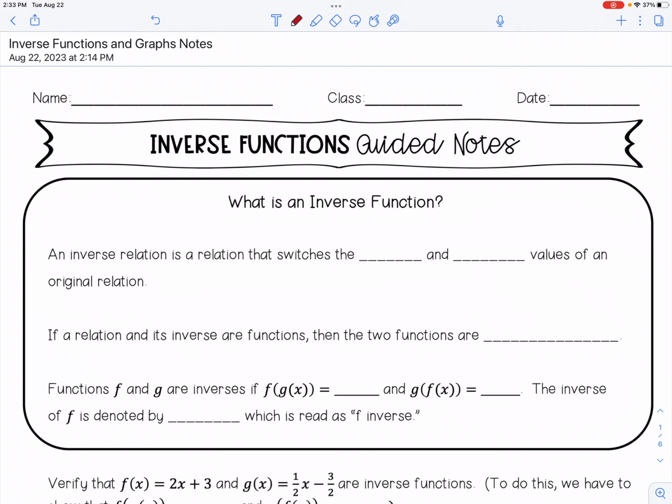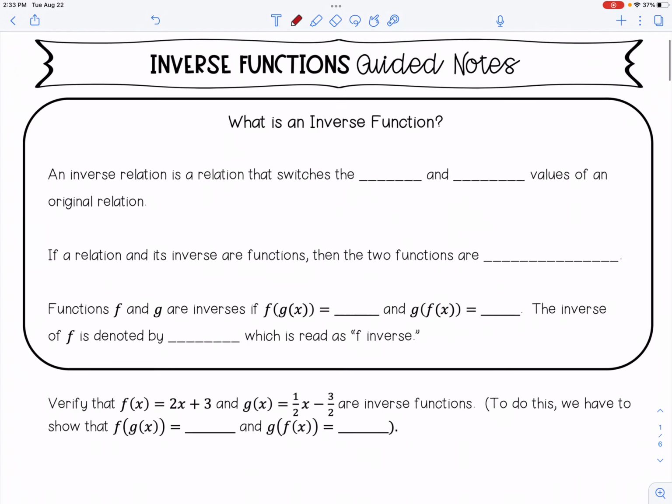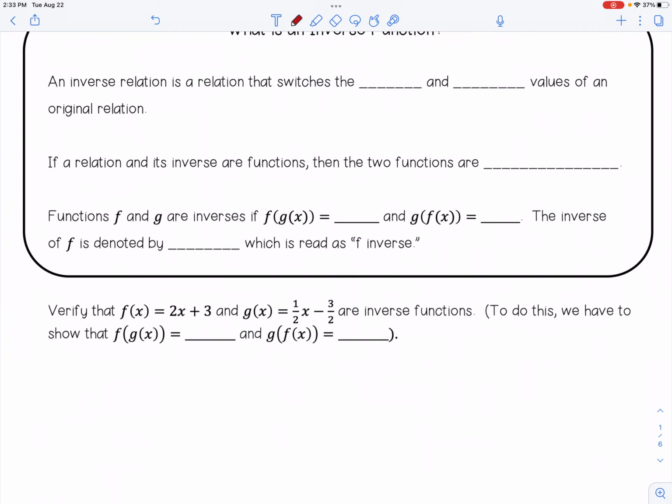All right, we're going to be looking at inverse functions today. An inverse relation is a relation that switches the input and output values of an original relation. If a relation and its inverse are functions, then the two functions are what we call